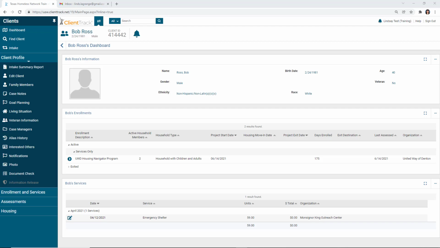Hello, today we're going to be talking about how to submit and interact with HMIS tickets within ClientTrack. So first, let's start off with some examples of why you would need to submit an HMIS ticket. If you need any assistance from the HMIS Help Desk with merging a client or an issue that you're experiencing within HMIS, or if you have just a general HMIS question, these are all great reasons to send in an